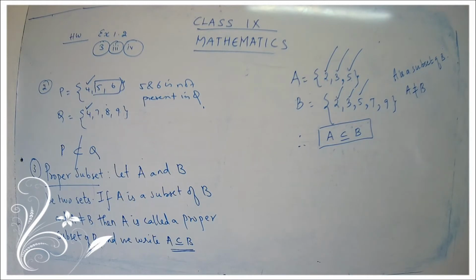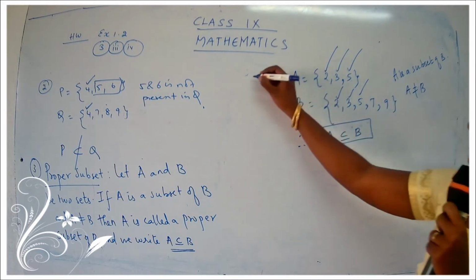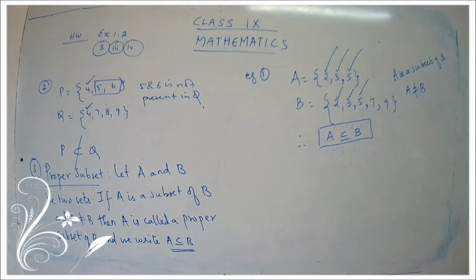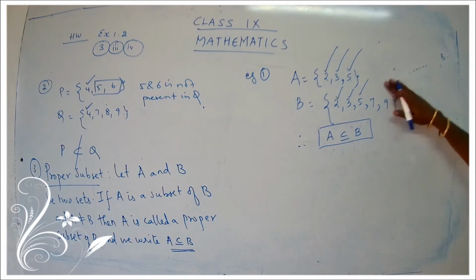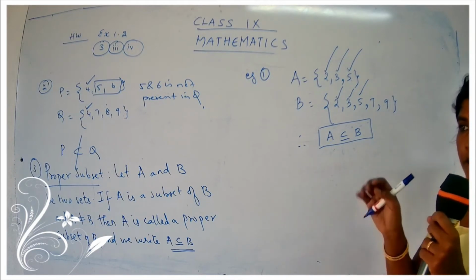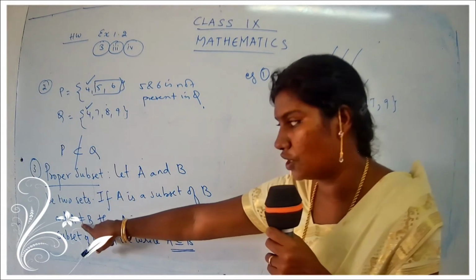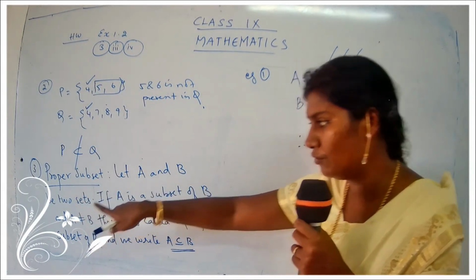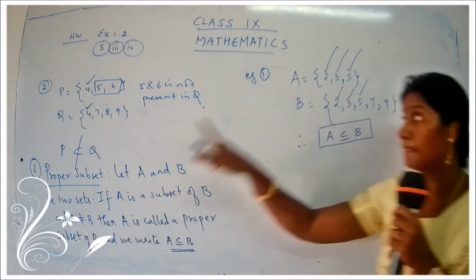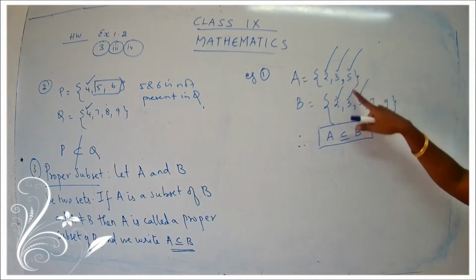I hope you are clear with the explanation. Take down the example. You just take this as Example 1. One example is enough. Proper subset, I just cannot put a line. When we do the sums, we'll be doing this in detail. So there is only a small difference between a subset and a proper subset. For subset, we are not talking about the statement A is not equal to B. But for a proper subset, you have to say that it is a subset and A is not equal to B.